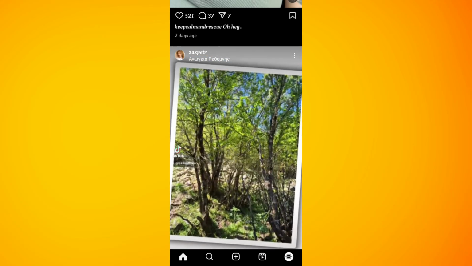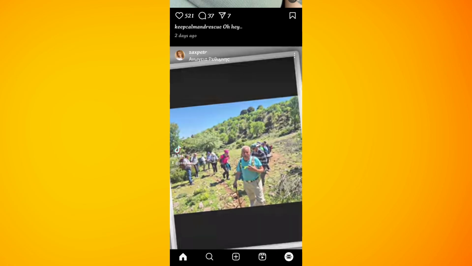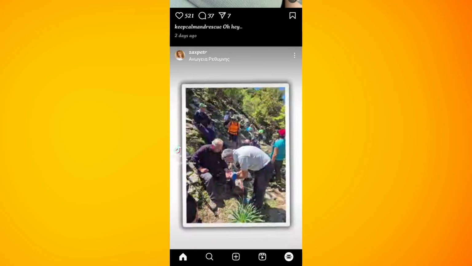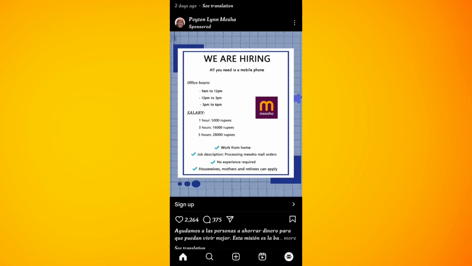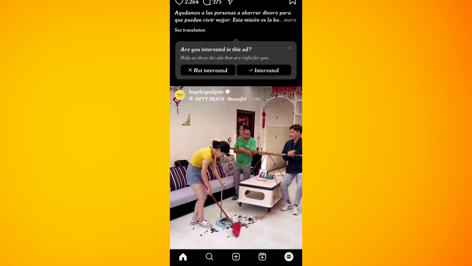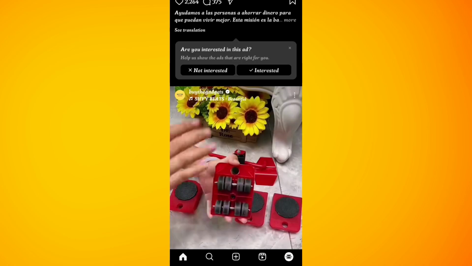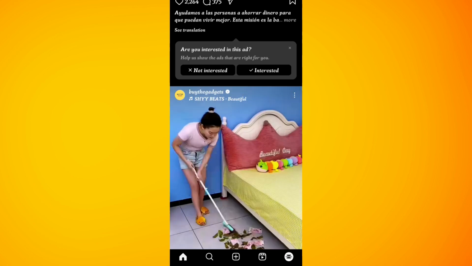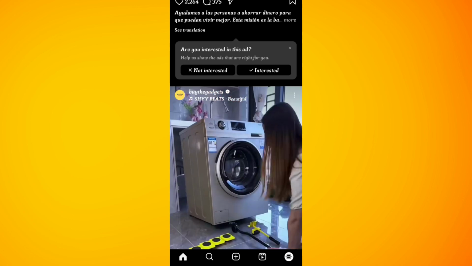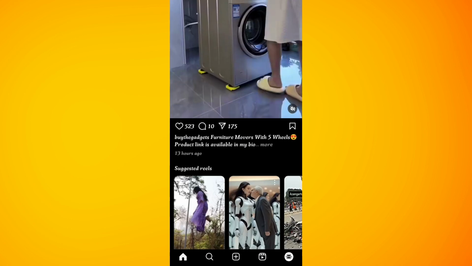In today's video, I'm going to show you how to recover deleted chats on Instagram. Now first of all, you need to understand that there is no option given to you by Instagram to actually recover your chats. But still, if you want to recover your chats, the only way of doing so is by contacting the